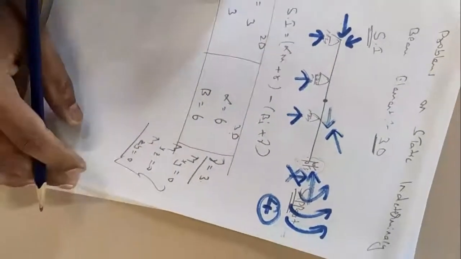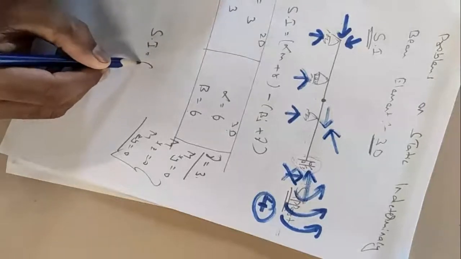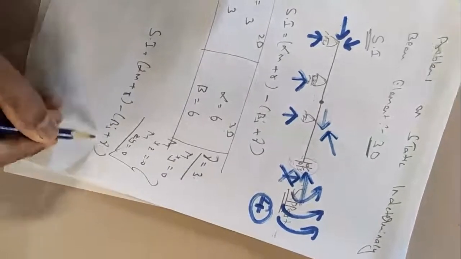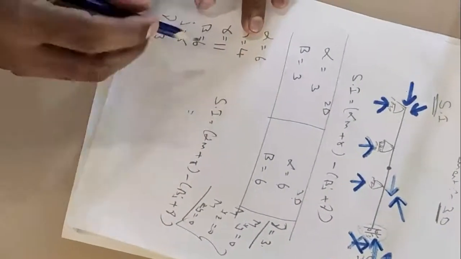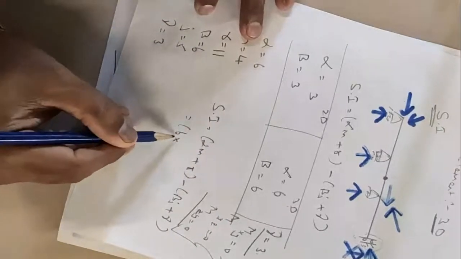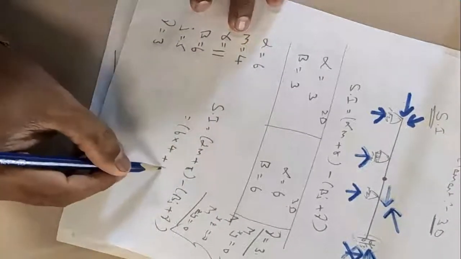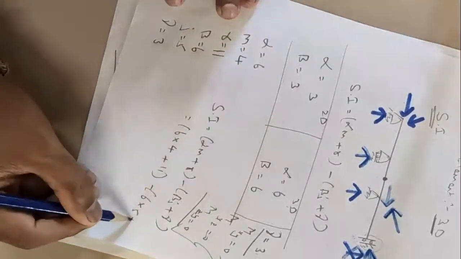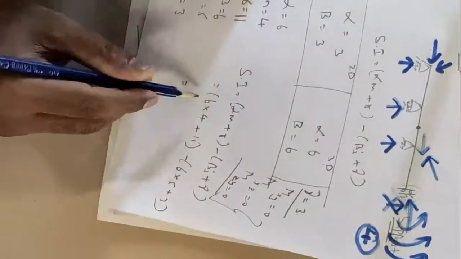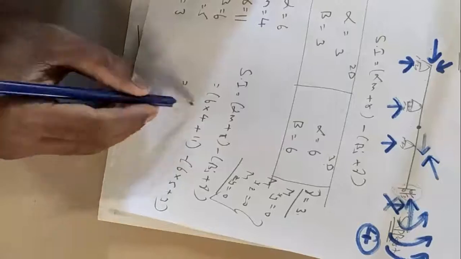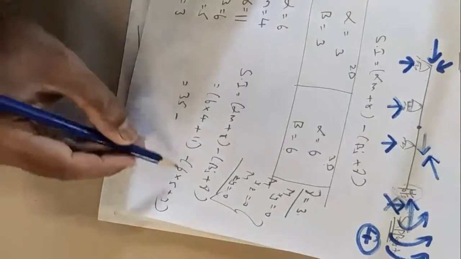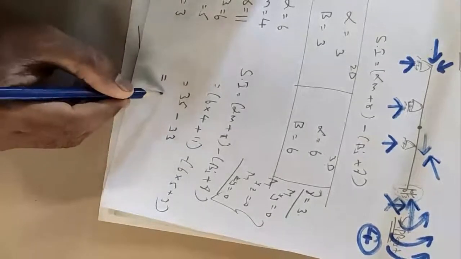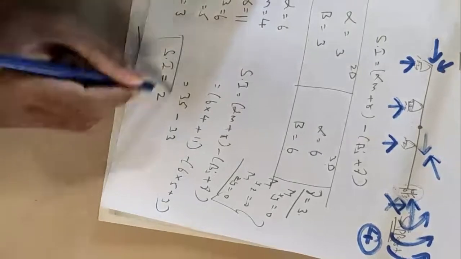So let us substitute in our SI. SI is equal to alpha m plus r minus beta j plus gamma. The alpha value we have already got: 6 into m, which is 4, plus r, which is 11, minus beta value 6 into j, which is 5, plus 3. So how many will we get? 6 into 4 is 24, 24 plus 11 is equal to 35. 6 into 5 is equal to 30, 30 plus 3 is equal to 33. So the SI is equal to 2.